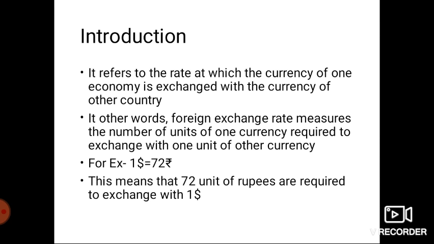First of all, let us introduce. Suppose there are 200 countries in the world, each and every country having its own monetary system and its own currency system. Now the name of the currency is different, their rate is different. Now, how this currency within an international bond is circulated and what is the rate, how the rate is determined, in this chapter we are going